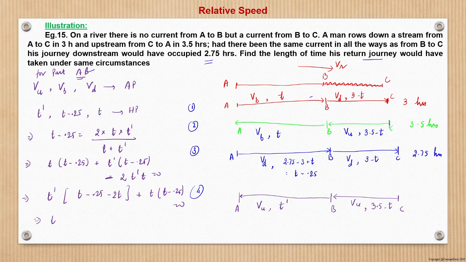So from here we can find the value of t dash is nothing but t into t minus 0.25 upon t minus 0.5, right. There has been some mistake here, I just